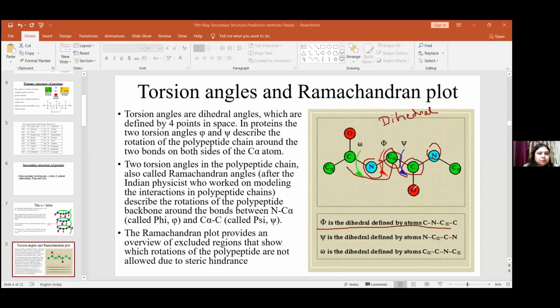And for the next dihedral angle, again four atoms are required. If I start from N, N, C alpha, C and N, these four are going to form my psi angle. That was phi and this is psi. And omega is my dihedral angle if I start from the C alpha carbon. Four atoms have to be taken because the movement of any atom happens around a plane, and for forming a plane we need four atoms and the linkages. So C alpha, C, N and the next main carbon C alpha form my omega angle.